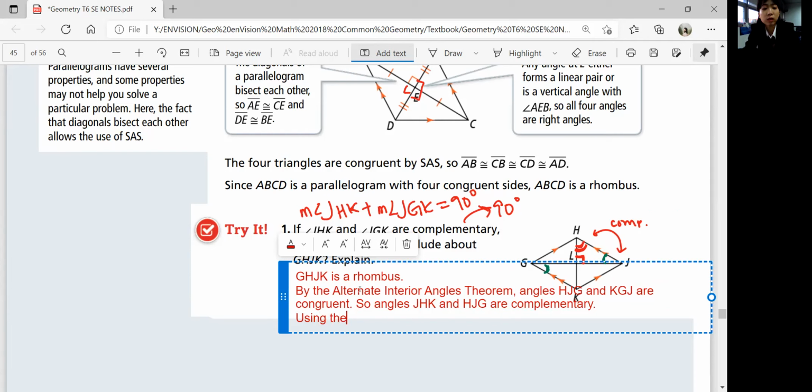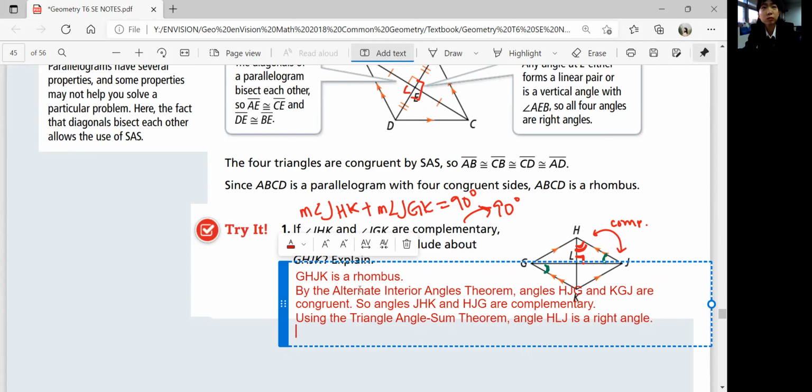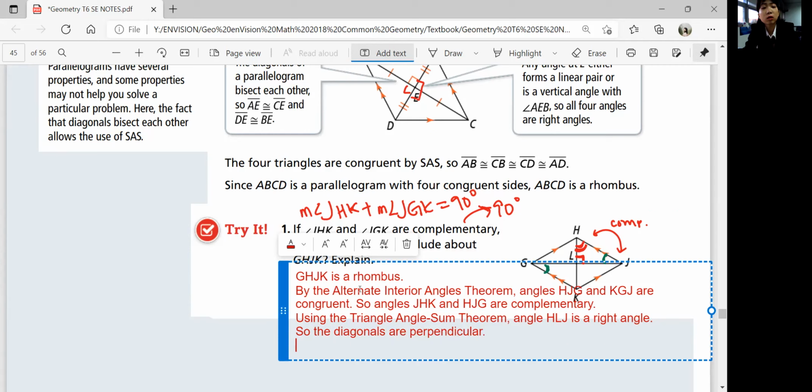And using the triangle angle theorem, angle HLJ is a right angle. So the diagonals are perpendicular. And when the diagonals are perpendicular,